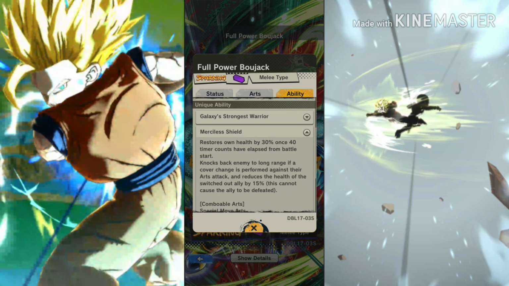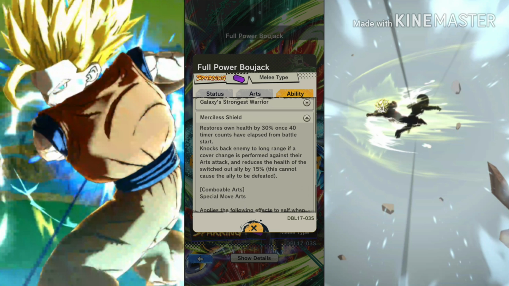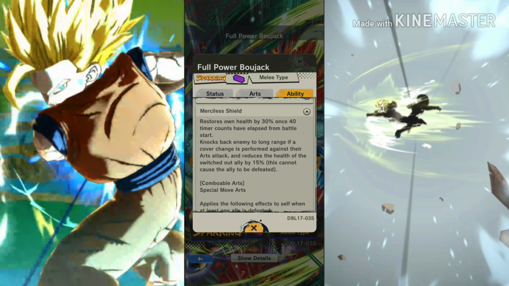However, his second unique ability, Merciless Shield, restores own health by 30% once 40 timer counts have elapsed. So if you can survive until 40 timer counts elapse, you will restore 30% of the health that the enemy has cost you this time. So this is very good. However, it knocks back the enemy to long range